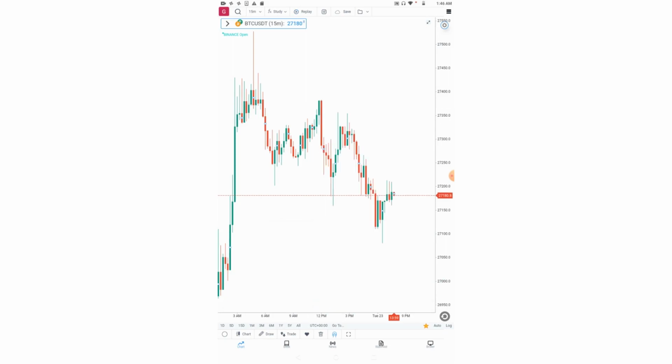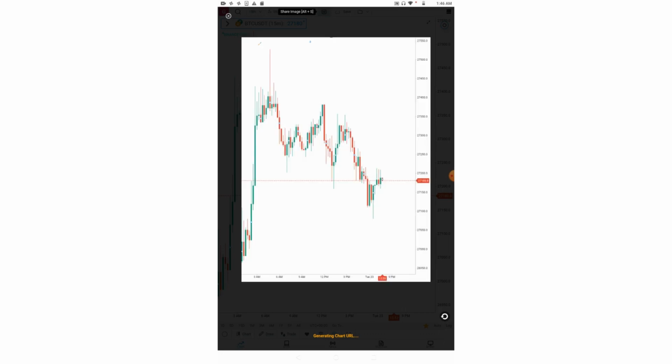By the snapshot option, we can take a snapshot of the chart. There is the link of this chart at the bottom. We can share our charts by this link. Apart from this, on the top left, there is a share option. If we click on it, we can see share options for Twitter, Telegram and WhatsApp.